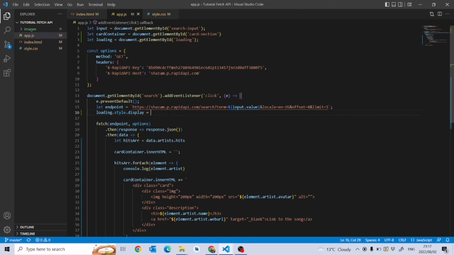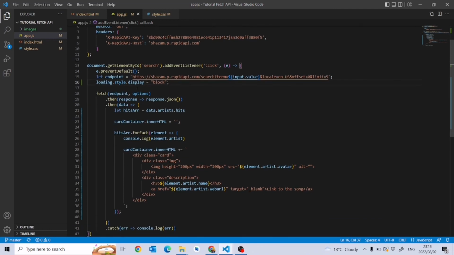is equal to, because we want to change the display type to block, which is the default, right? The default is block. And once we have found whatever we're looking for, we're changing it back to none. So we're going to grab this whole thing here. We're going to change it to none,